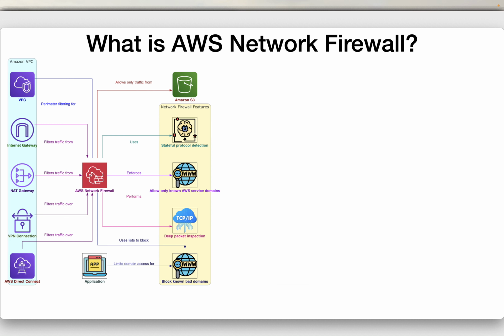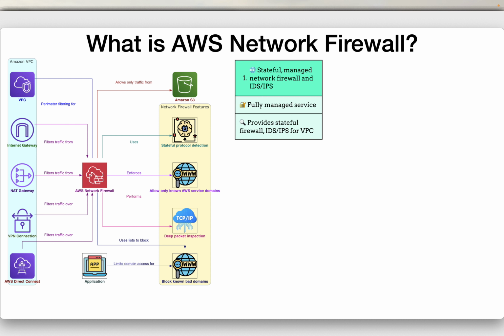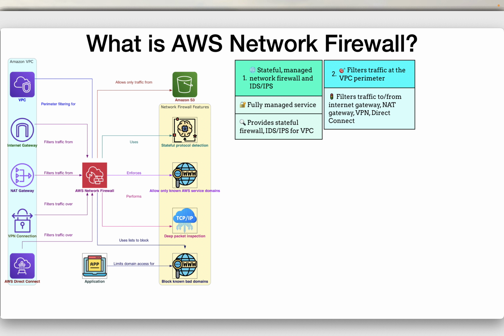So what is AWS Network Firewall? AWS Network Firewall is a fully managed service that provides stateful network firewall capabilities along with intrusion detection and prevention, IDS IPS, for your virtual private cloud, VPC, in Amazon VPC service. With Network Firewall, you can filter traffic at the perimeter of your VPC, including traffic going to and coming from an internet gateway, NAT gateway, VPN or AWS Direct Connect. So there are four components: Internet Gateway, NAT Gateway, VPN or AWS Direct Connect, which you can monitor